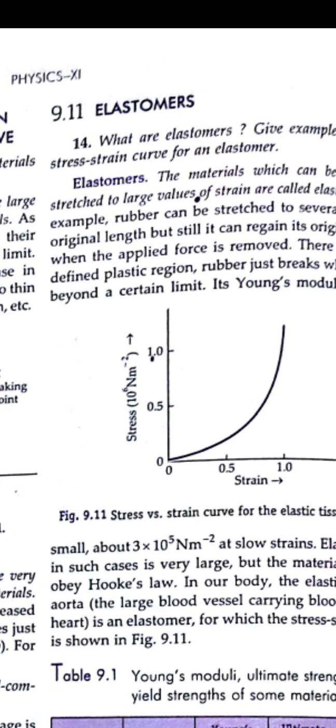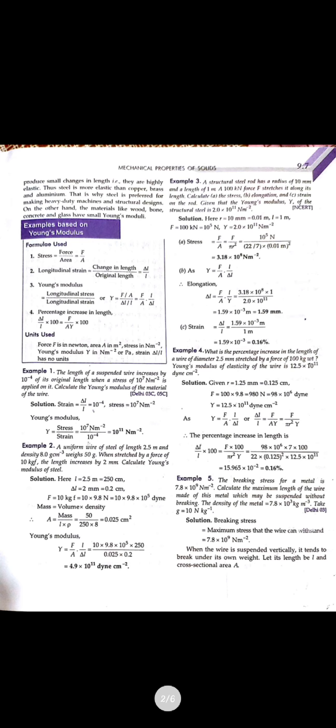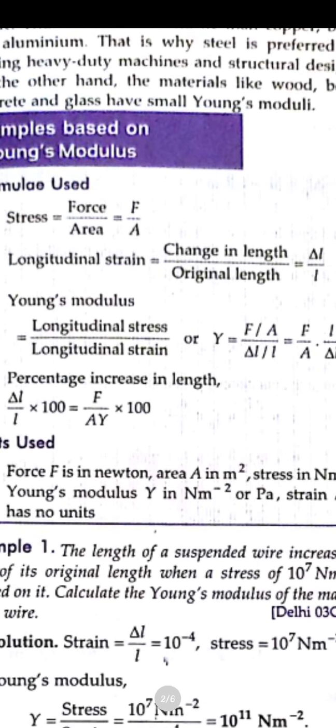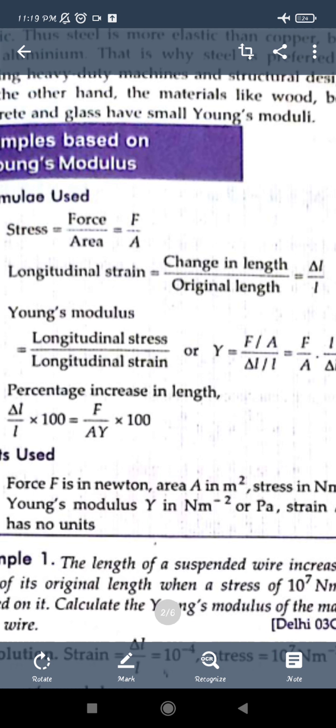So now we will see some formulas that we have already learnt. Stress was given as force per unit area, that is, per cross-sectional area. And strain, the longitudinal strain, is the increase or decrease in length as a ratio of the original length, given as del L upon L. If we take the ratio of the stress to this longitudinal strain, that modulus of elasticity is given as Young's modulus.